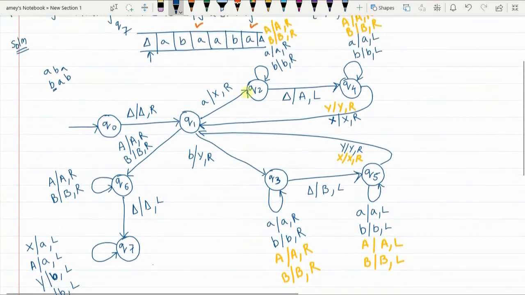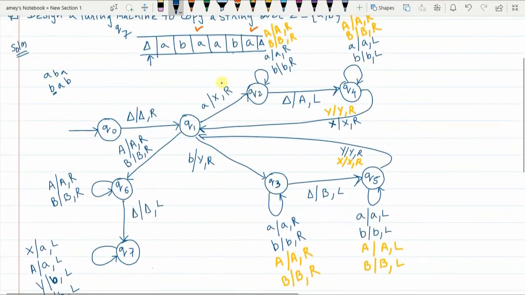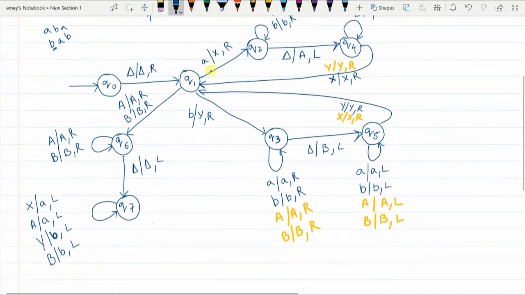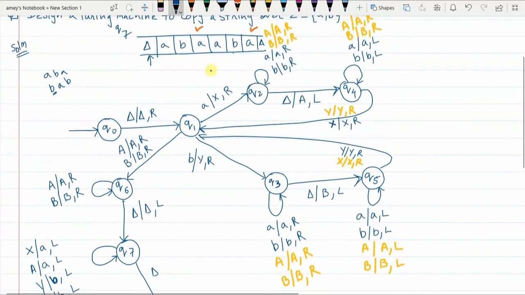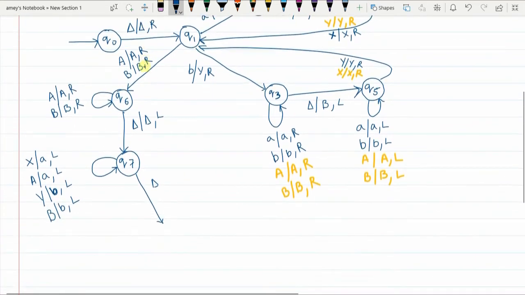So in Q7, you have reached the end, no? Now the reader is going to read the answer. So in Q7 state, finally, when delta is encountered, that means you reached the beginning of the string here. You replace delta with itself.